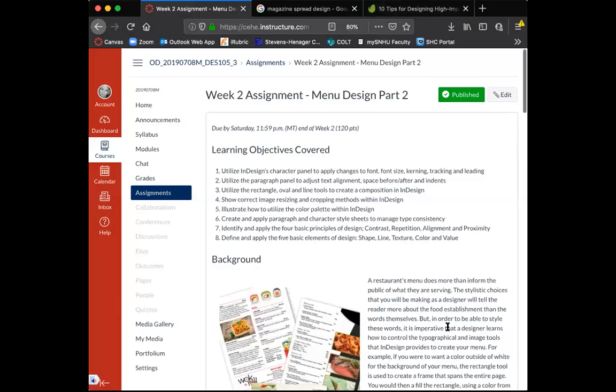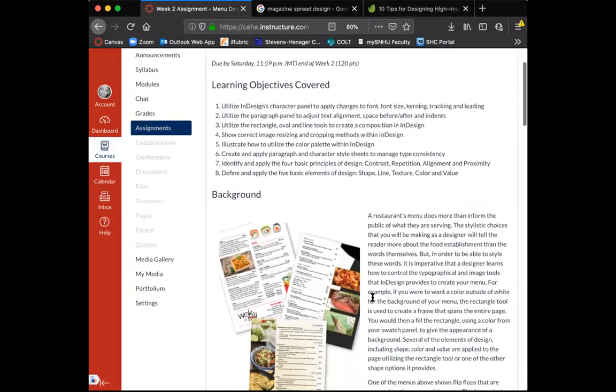All right, guys, so your second part of your assignment. What you're going to be doing is taking the strongest menu, the one with the most potential, from the 2 that you designed. I had a lot of you who didn't design 2, just 1. And some of you designed the front cover only, and started designing the inside right away for assignment 1. Make sure that's not the case. Assignment 1 was only supposed to be 2 menu covers with different concepts, to get you looking at different styles. So you're going to revise the cover that you want to go with, and then we're going to go forward with the background.